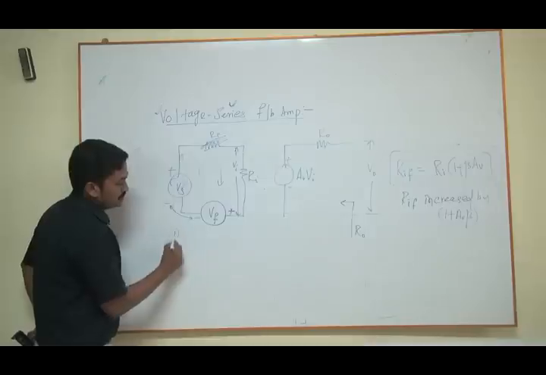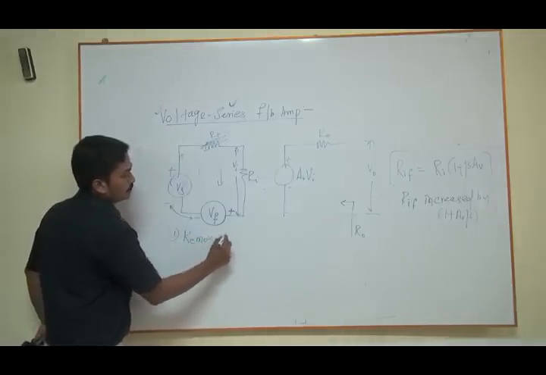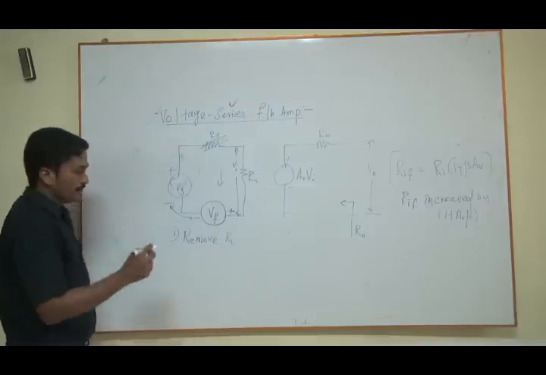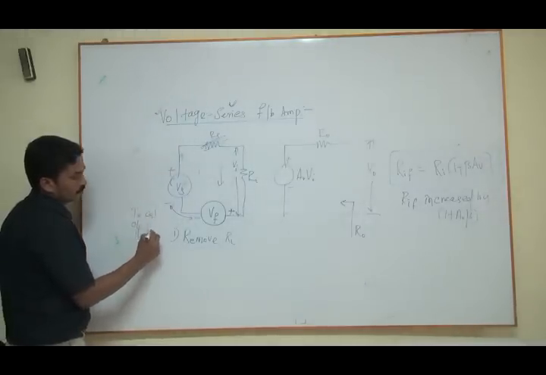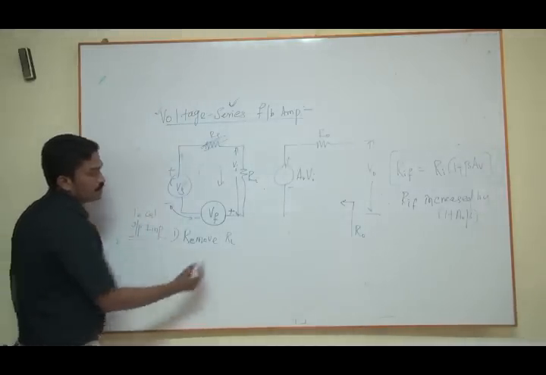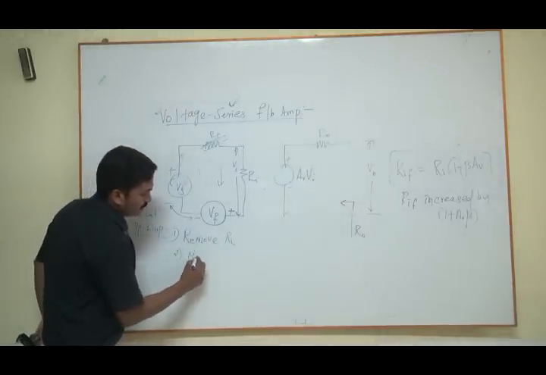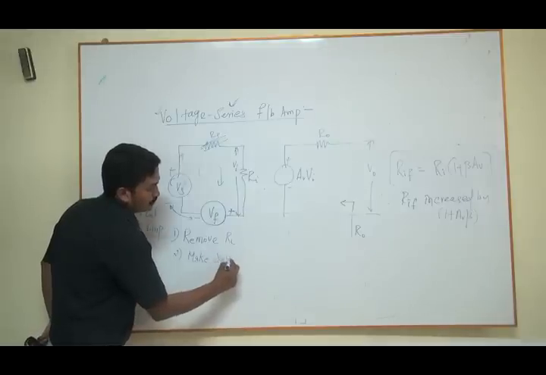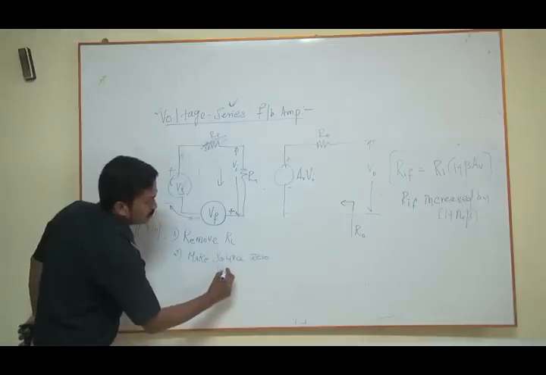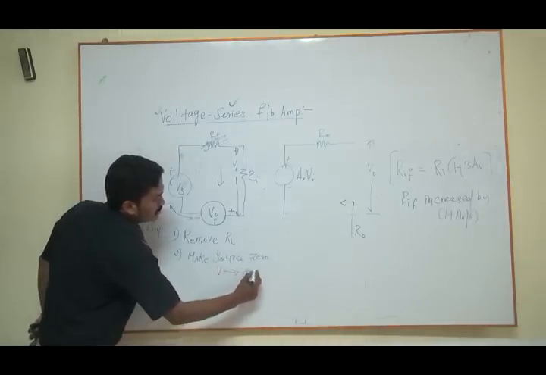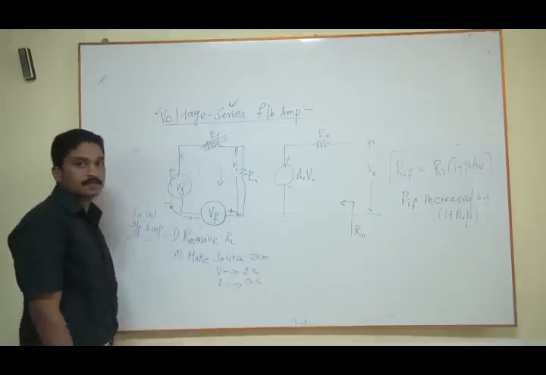So that is your first step: remove RL to calculate output impedance. And second, make the source 0. If it is a voltage source, make it a short circuit, and if it is a current source, make it an open circuit. And connect